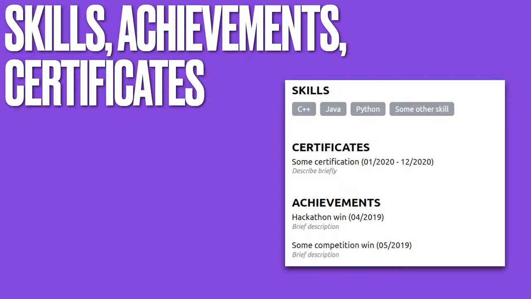And then for achievements, what have you achieved through your 4 years of college? Any hackathon wins? Did you win any awards in college? Or you can include extracurricular achievements as well, but make sure it's about moderation. You have to find the right balance between technical as well as non-technical. And again, if you have too many achievements or something like that, find what the company is looking for and create a resume based on that. So my final advice would be have different types of resumes for different types of job offers.